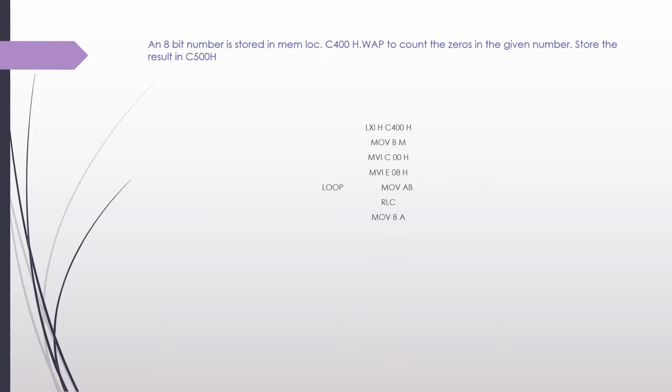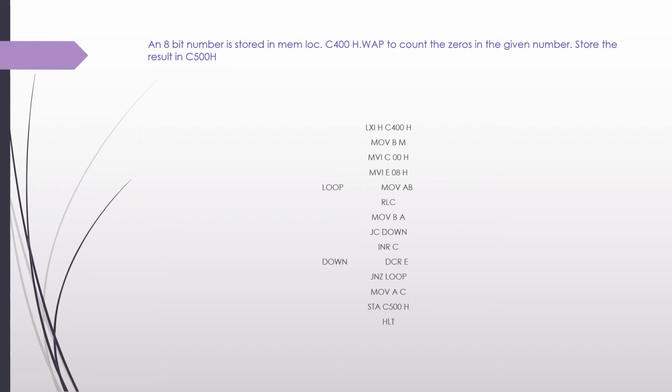So after rotation, whatever is there in accumulator, again shifted back to B register and then jump on carry to down, and then increment C, then decrement E, jump on non-zero to loop, and then you are giving the result to accumulator, and from there you are shifting to C500. So this is how you count the number of zeros in the given data